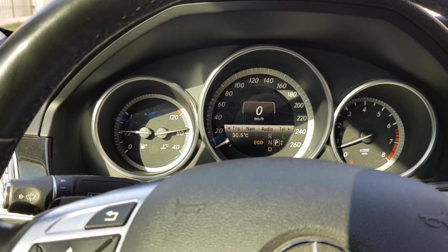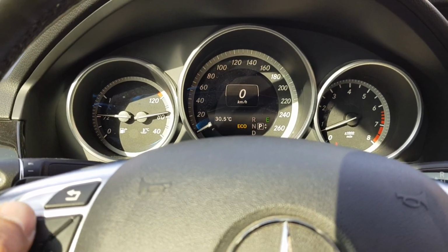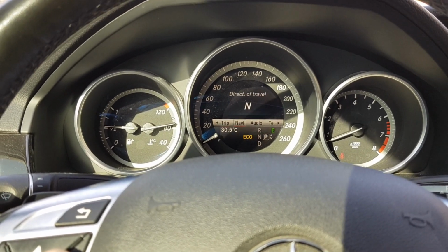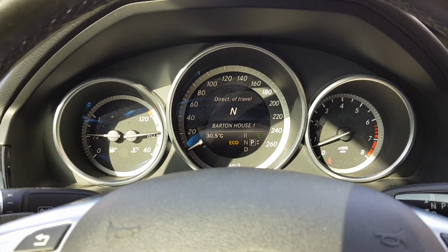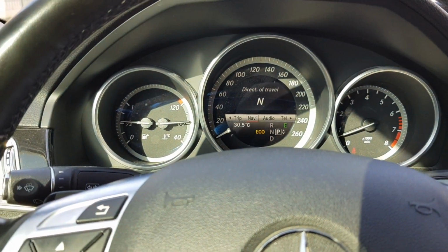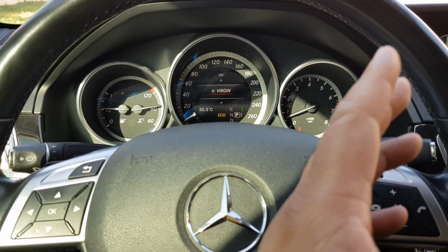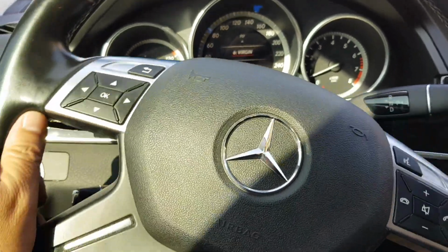Again, you've got so many options on here. You can configure the dash clusters to look at whatever suits you really. That's giving you an indication of your driving style as well. As well as that, you can then switch to navigation. If you put in a destination, you'll get secondary information coming up on your cluster, as well as of course on the map screen. Slide it across, you've then got audio where you can flick through all your channels, and of course mute, skip through radio stations, volume up and down, voice command as well, power steering,